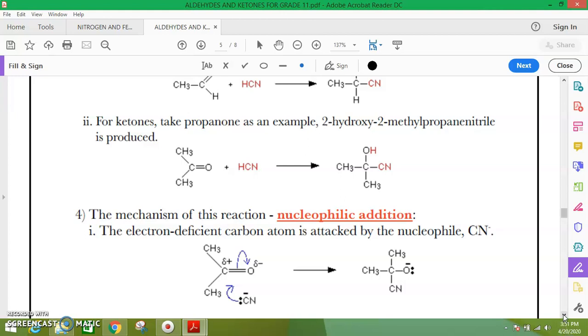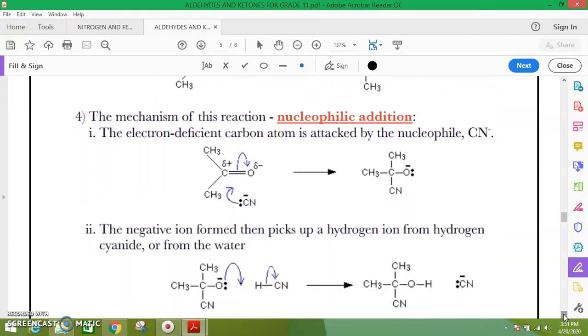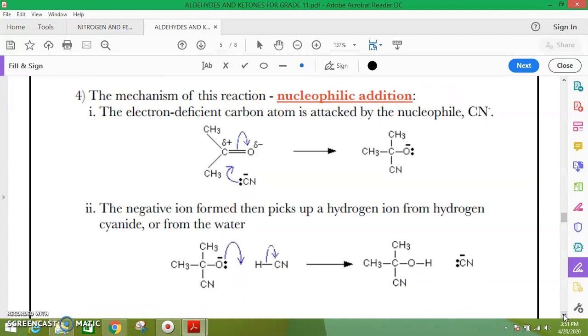See this mechanism, and this mechanism is very important. Mechanism in detail of the reaction, how you will break the bond, how you will add the nucleophile there. So in the first step, this mechanism name is nucleophilic addition reaction. In step 1, the electron deficient carbon, meaning there is less electron, atom is attacked by the nucleophile. So what is the nucleophile? We are going to use here cyanide ion or nitrile ion, you can call. So CN will attack because it's more powerful. It will attack on this carbon because it's positive, deficient in electron. So it will attack on carbon.